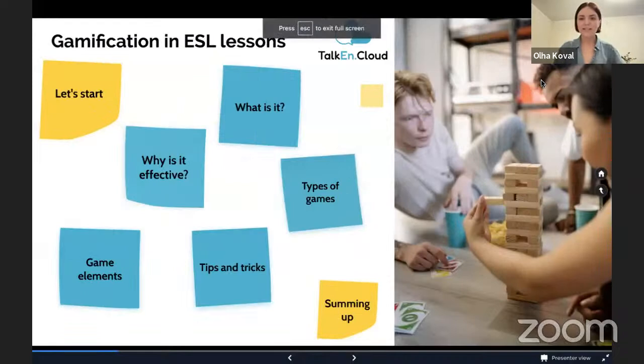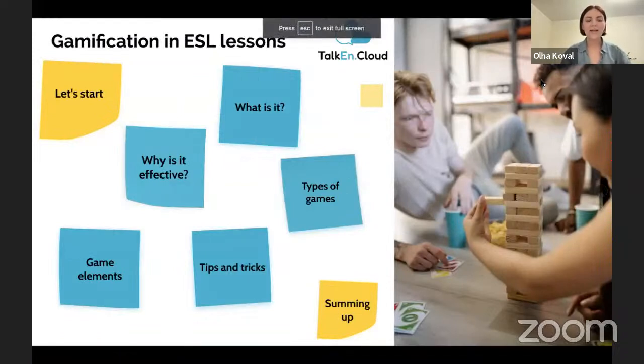So let me start the presentation. Today we will discuss how and why we can use games in our lessons. Also, we will speak about some tips which will help us use games in the lessons more effectively, and we will see some examples. I will show you some examples of games which will be suitable for different learning